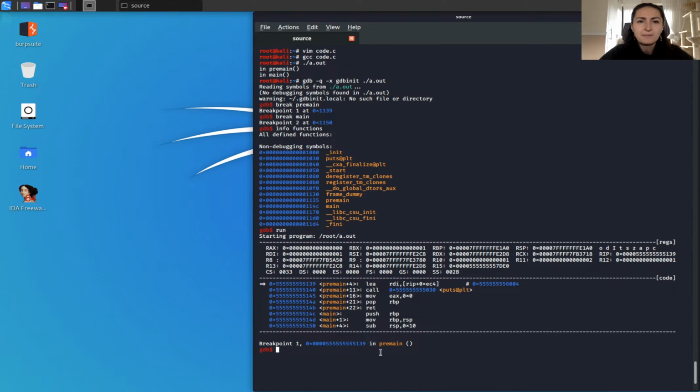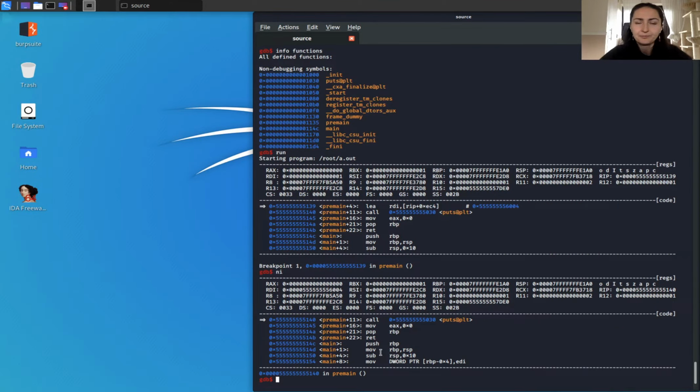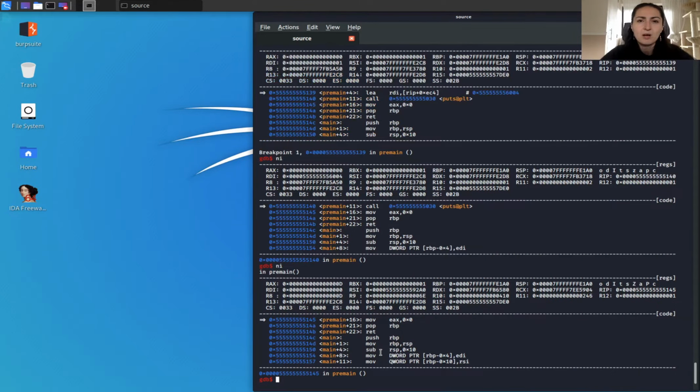Use ni command to advance to the next instruction. And again, next instruction. The function executed and we have our message printed. Let's continue the execution until we reach the second breakpoint.